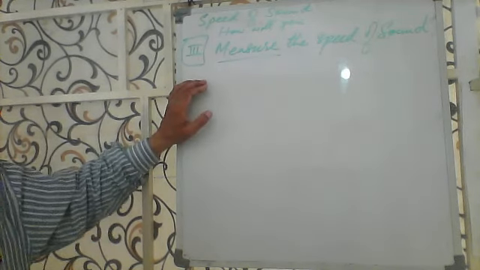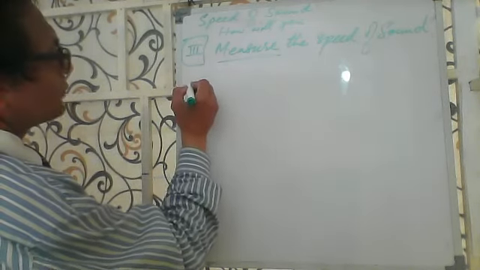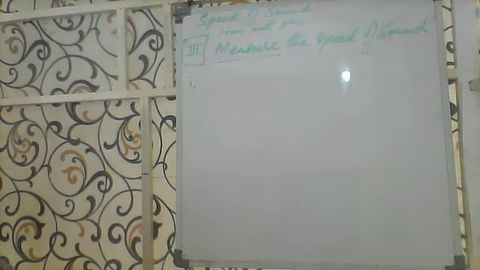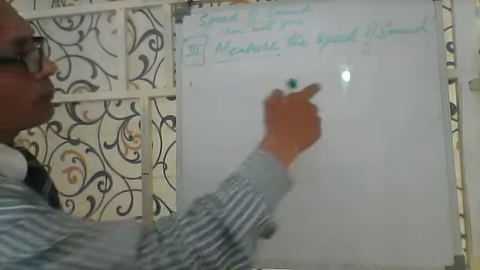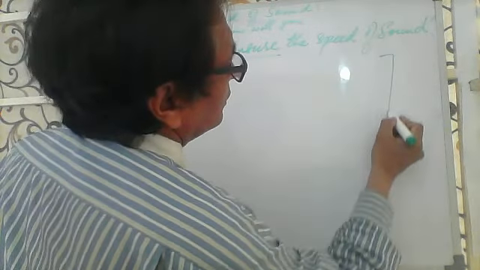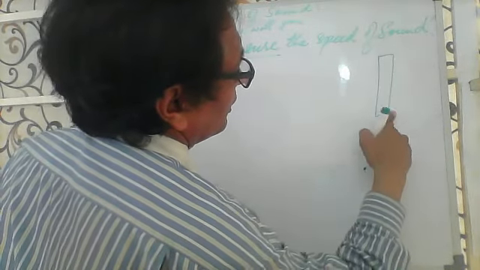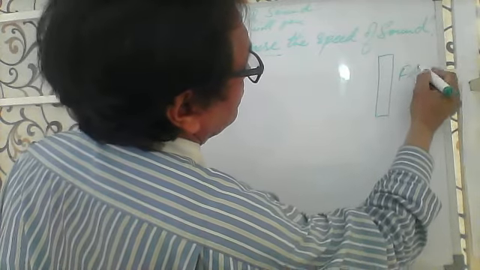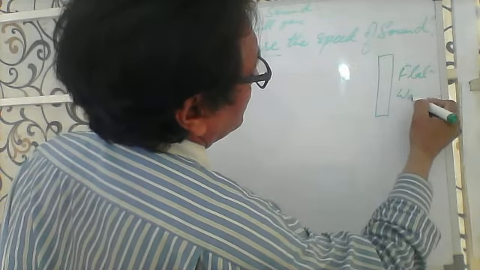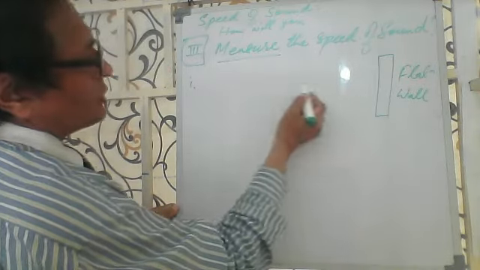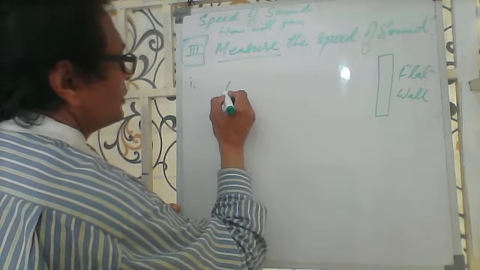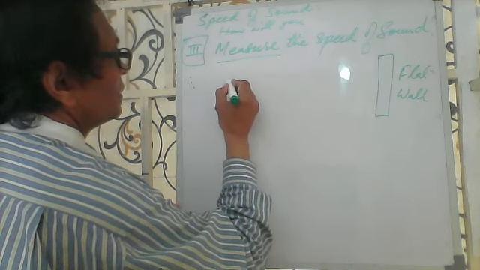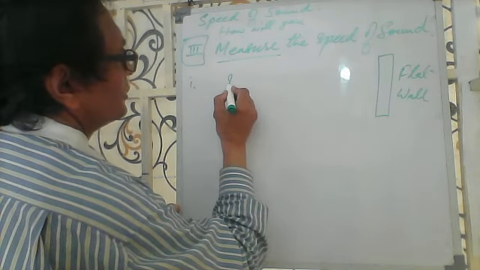What we will do is, first of all, we will perform an experiment to measure the speed of sound. We have a flat wall over here in front of us, a flat wall, and we are standing in front of that flat wall,